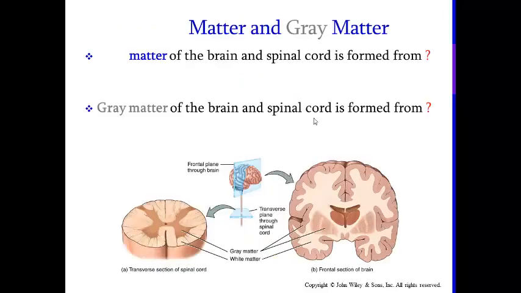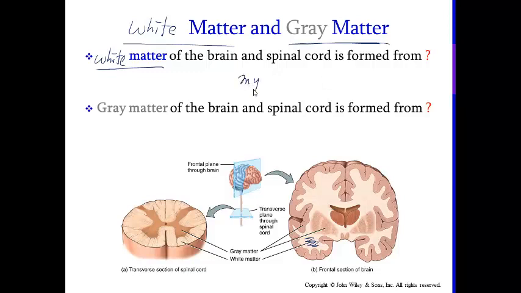Now, something terrible might occur later. We'll take a look at demyelination. But first, let's look at something that still relates to the formation of myelin sheaths, or the unmyelinated ones. We have what we call white matter and gray matter in our central nervous system. If we take a look at the white matter of your brain and the spinal cord, you can see them on, for instance, the inner part of the brain. These are the white matter. And these are formed from myelinated axons